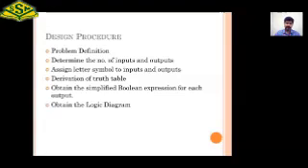For an adder we can have two inputs, three inputs, or n number of inputs, so we need to constrain the number of inputs. It can be two, or three or four, that needs to be mentioned, and the number of outputs needs to be defined. That is the second step of designing a combinational circuit.